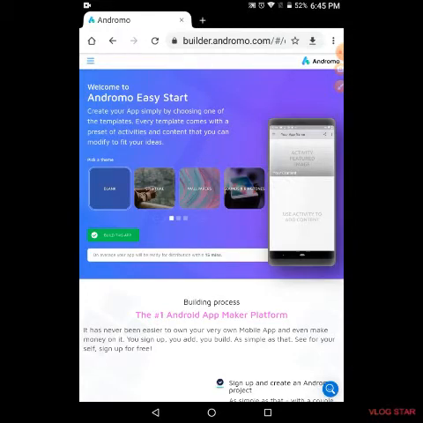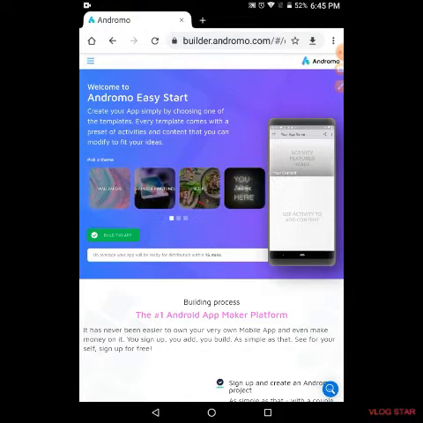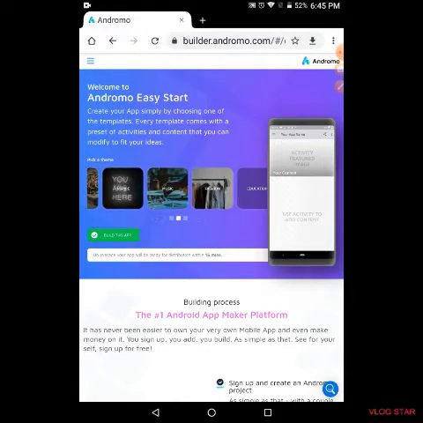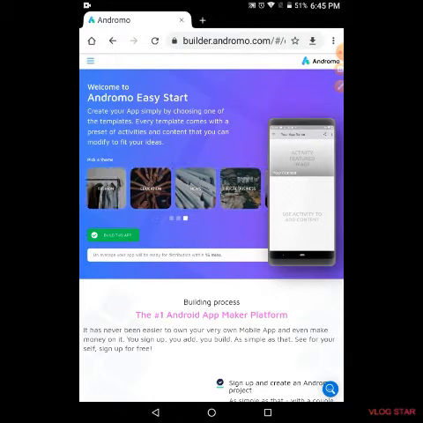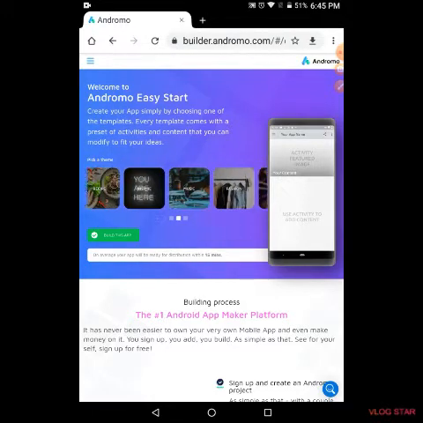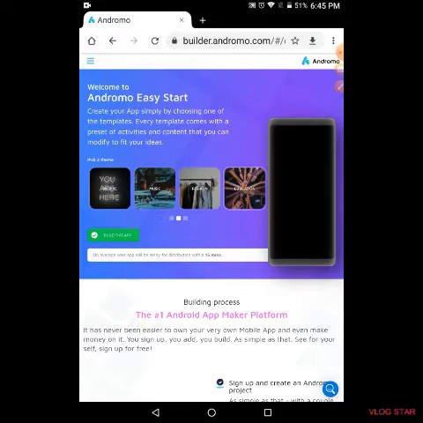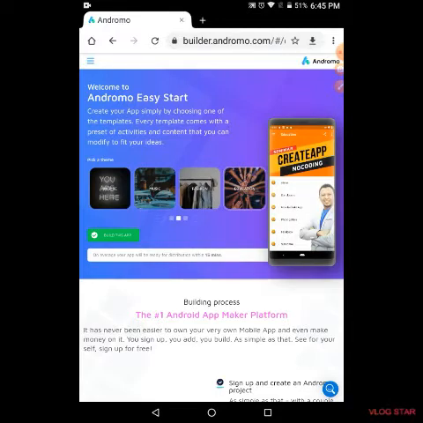There are different themes for your app, like what you are creating this app for. For example, if you are creating for sounds and ringtones, wallpapers, education, recipe, music, fashion, news. Then click on anyone and then build this app.